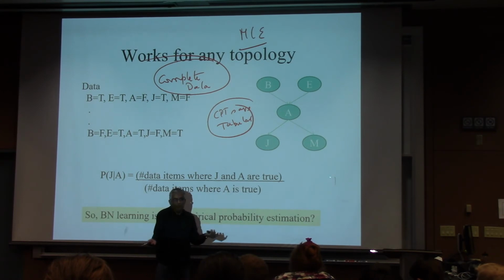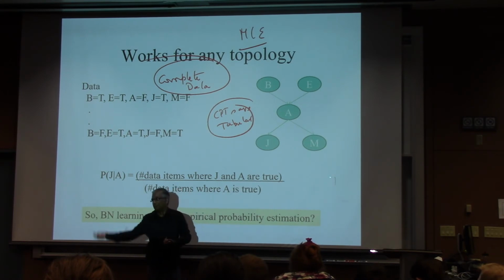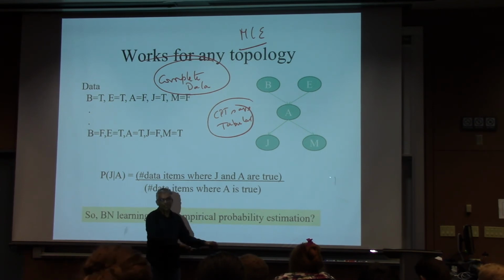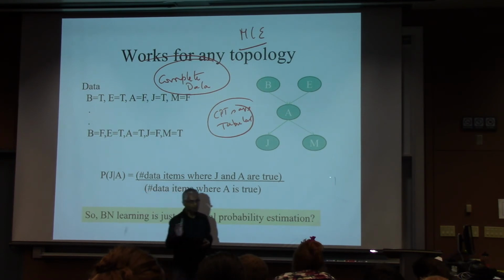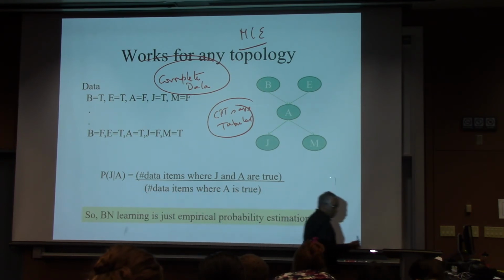Obvious stuff. This is what you would have done if I didn't drag you through all the calculus. This is exactly what you would have done. What you now know is that what you would have done anyway is actually justified by MLE, the maximum likelihood estimation. You guys understand this, right? Okay. Now, if you do this,